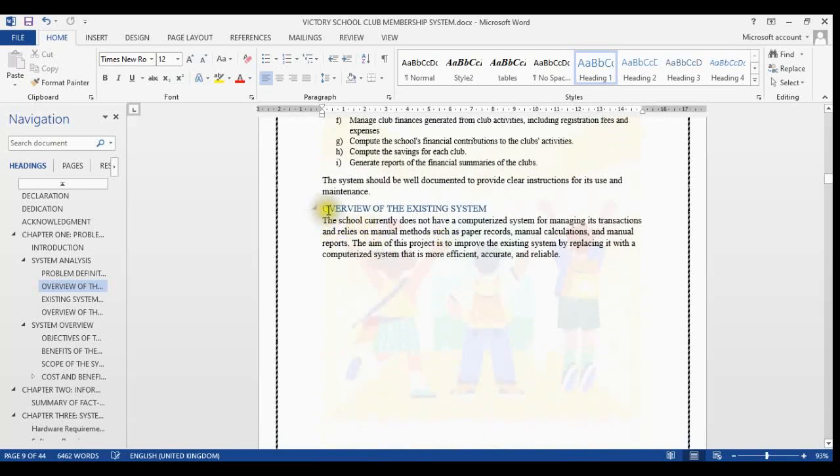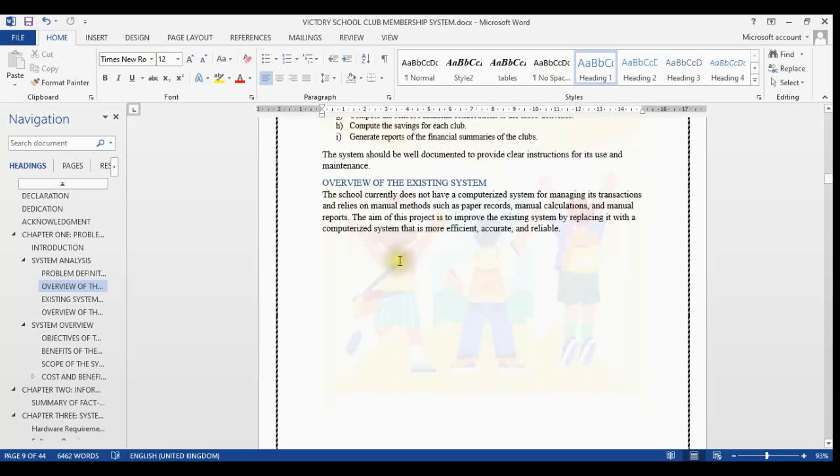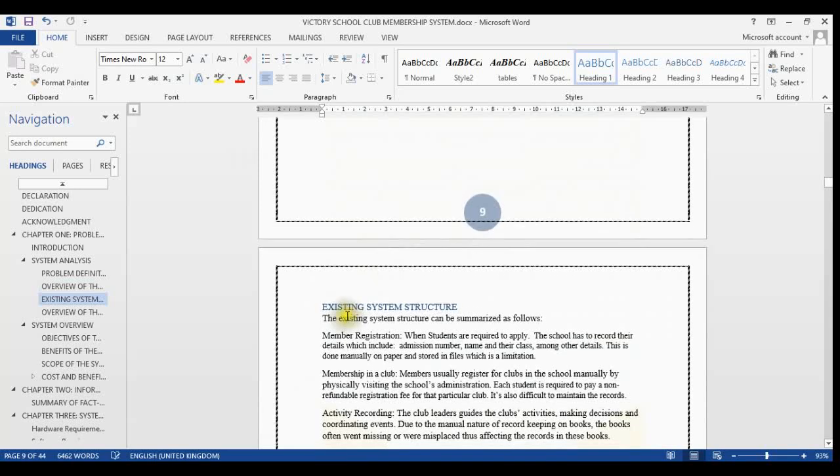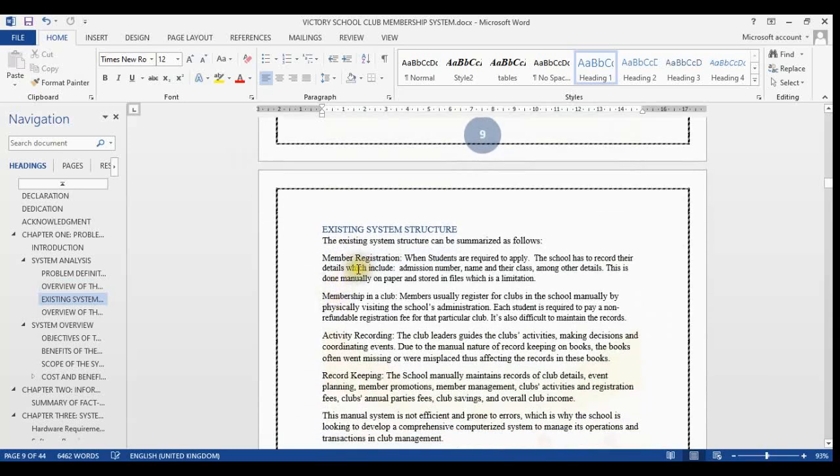Then the overview of the existing system. This is where you give a brief look at the old system, or the system that they are currently using, and how it looks. So you then need to go to the existing system structure. In this case, you can give a summary of